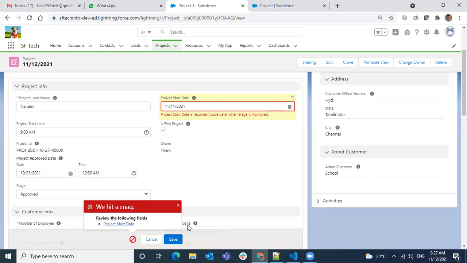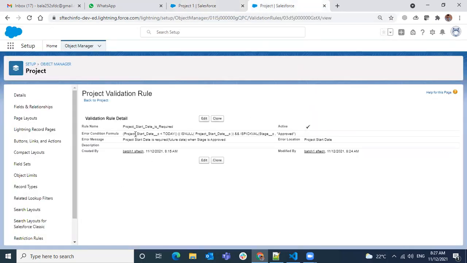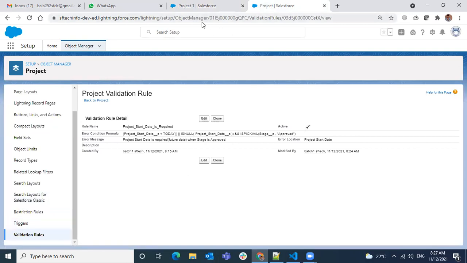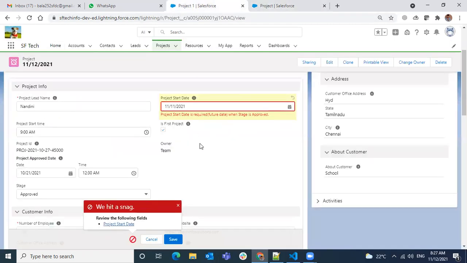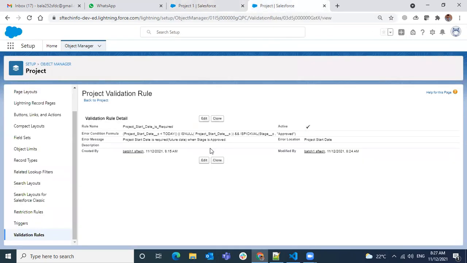Any other questions? So I had just one. How many validations are possible on a single field? You can write any number. There's no limit for fields. We have a limit on an object. Total on the object, you have a limit on how many validation rules, but on a field you can put any number of validations. But wouldn't that be a problem?